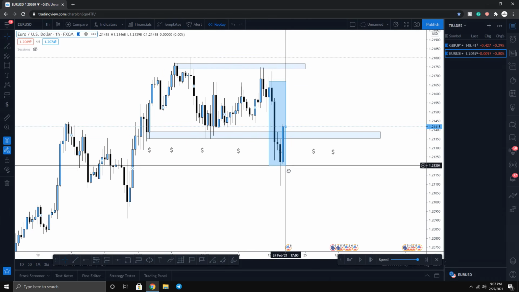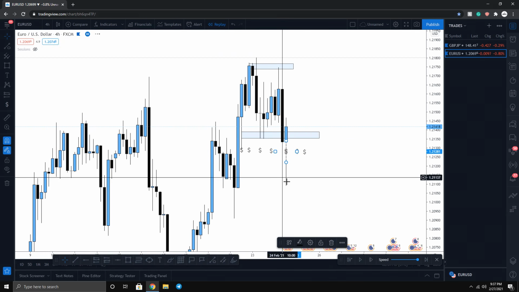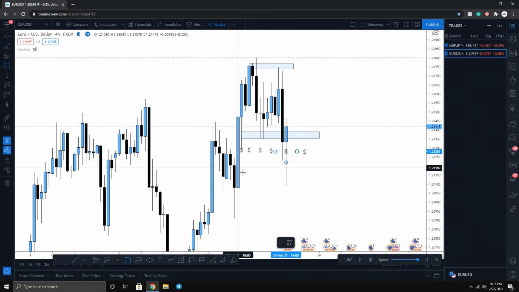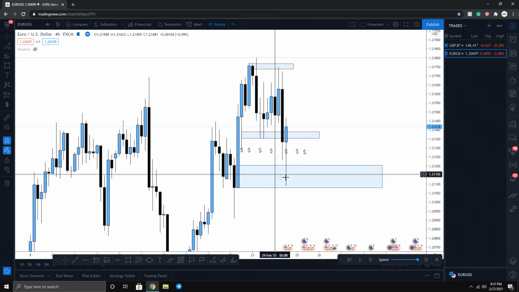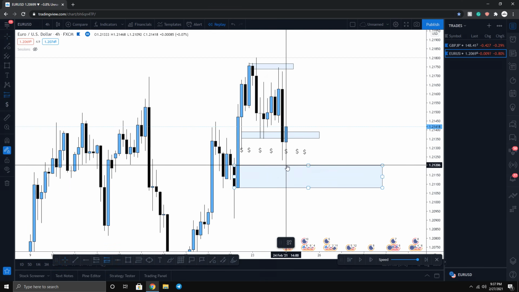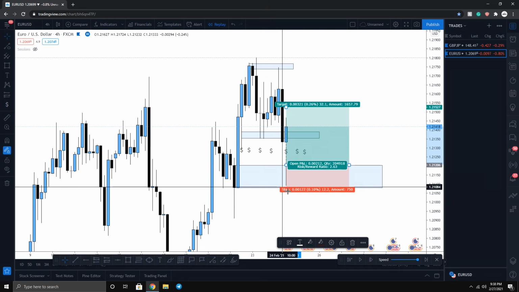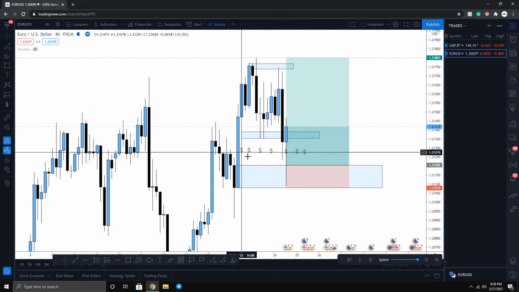The market makes a run below this previous level of support, and what did I say before? It reacts off of order blocks. Right over here we have this previous down candle before the up move. Market came to this order block perfectly, and this could have been a perfect entry for the people that were taking longs. And then you could target the next high, which is right over here, for 59 pips.